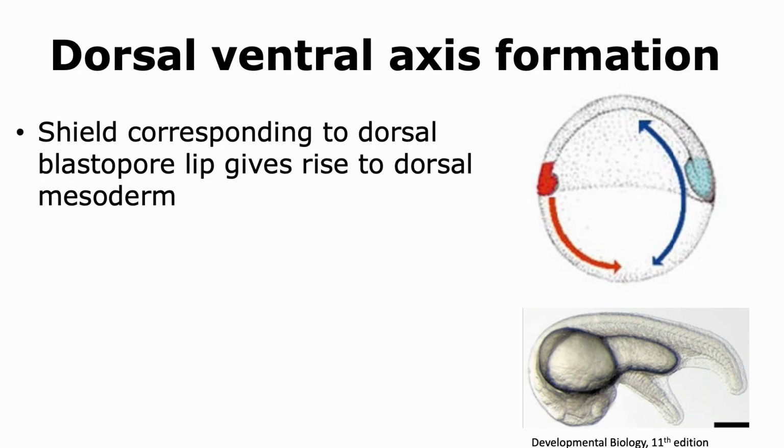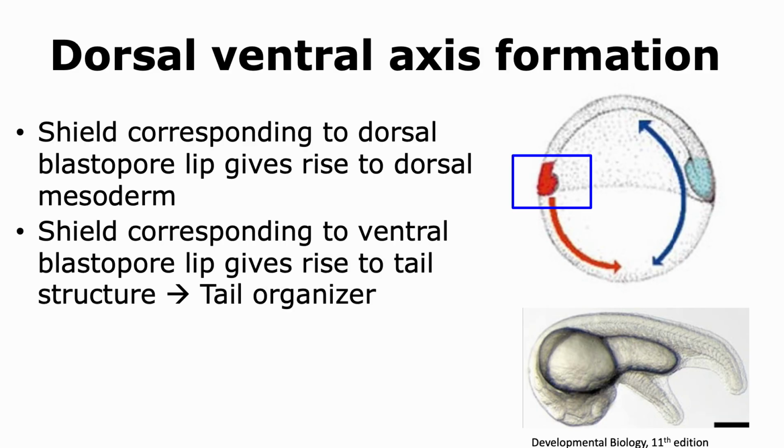Now, the shield corresponding to the dorsal blastopore lip gives rise to the dorsal mesoderm. However, it cannot give rise to the tail part of the embryo. And so this is where there's a slight difference between the fish and the amphibian embryogenesis. In the case of fish, there is a shield that's corresponding to the ventral blastopore lip, which is not as prominent as the dorsal part. Now, this ventral blastopore lip can actually give rise to the tail structure and hence is considered